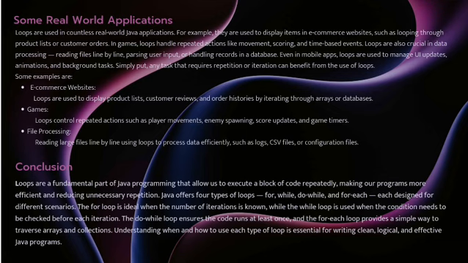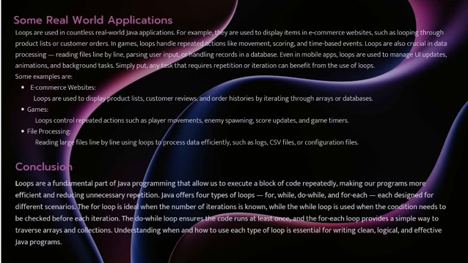Finally, we are concluding our topic. Loops are a fundamental part of Java programming that allow us to execute a block of code repeatedly, making our programs more efficient and reducing unnecessary repetition. Java offers 4 types of loops: for, while, do while, and for each, designed for different scenarios. The for loop is ideal when the number of iterations is known, while the while loop is used when the